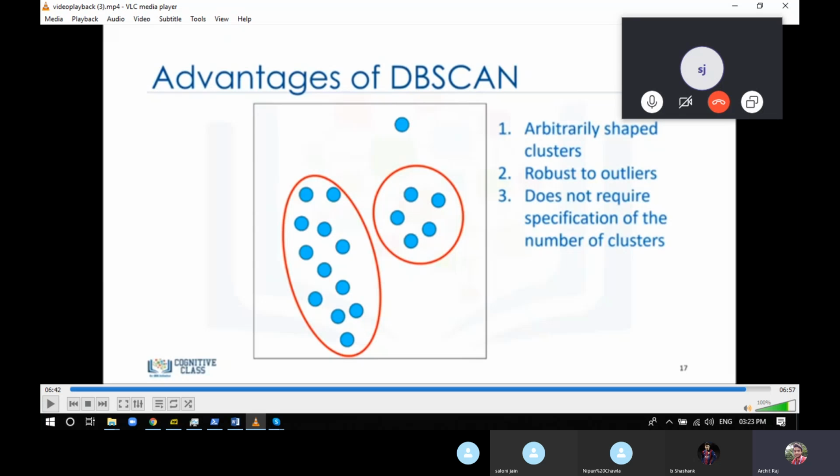The model can decide the number of clusters by itself, so you do not have to specify it. The only things you have to specify are the value of r, the radius, and the value of m, the number of neighbors. The value of the number of neighbors and the value of epsilon are really hard to find out. You have to go for hit and trial. There's no way other than hit and trial.